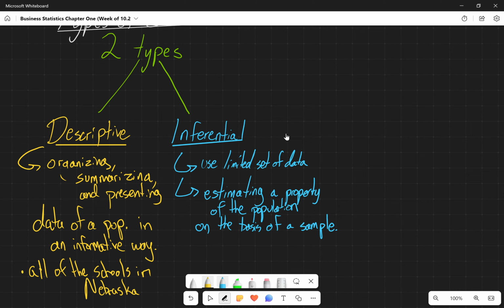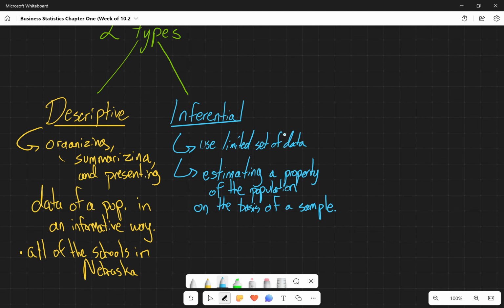Now, inferential, this is when we are estimating something based on a sample. So we might figure out that from a survey of 100 Nebraska schools, we estimate